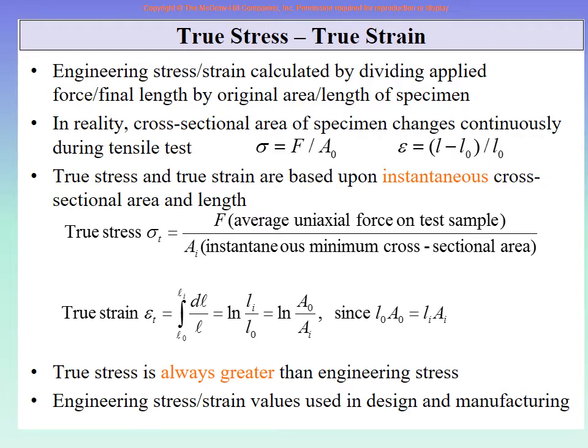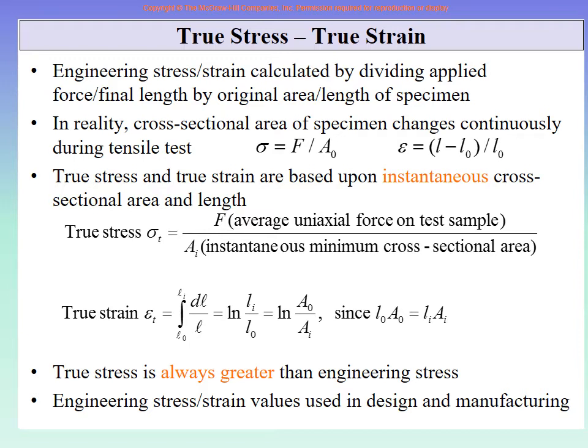What should be different? You see, when you do a tensile test, the length is changing, but at the same time the area is also changing, isn't it? At any new length, you find the delta L, the change in length, right? But the area has also changed. But what you do is divide the force by the original cross-sectional area. So this is rather artificial. If you want to know the true value of stress, you should divide the current force by the current area. The force has increased, the area has decreased. So you should divide by the current area.